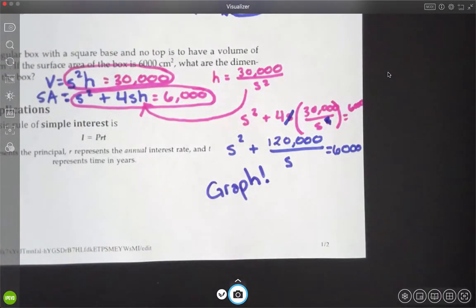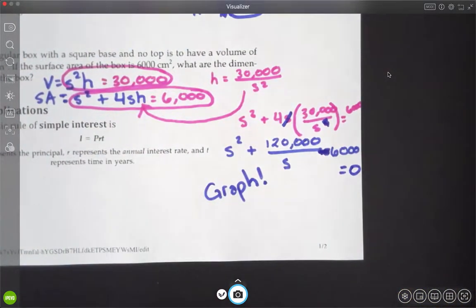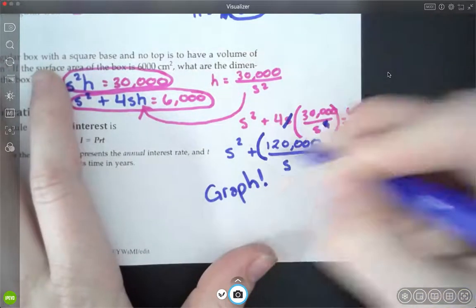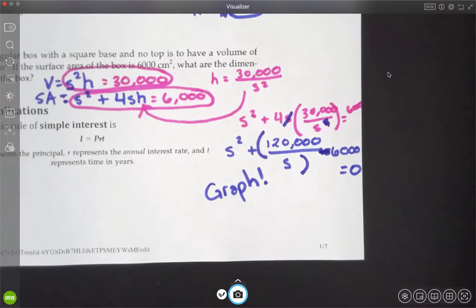Now just wait. So move the 6,000 over to start with, right? So subtract 6,000. So this will be minus 6,000 equals 0. Now this is where you come in. You type this into your calculator, graph it, and figure out what S is. Okay? What do you do? So you will need parentheses around this. So do parentheses 120,000 divided by S, close parentheses, right? When you type that in,